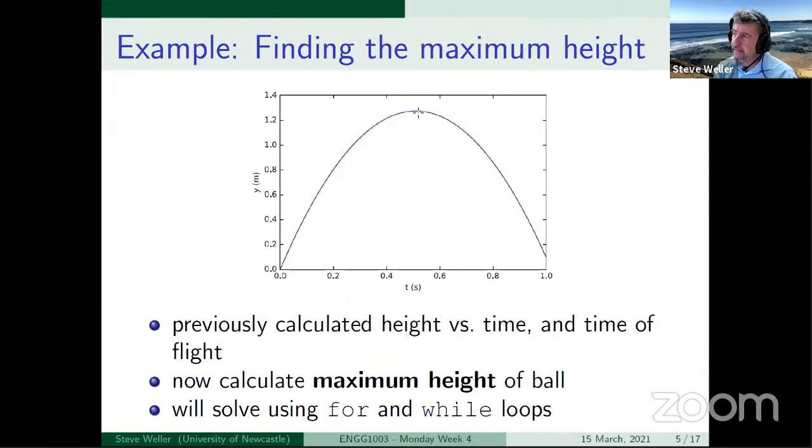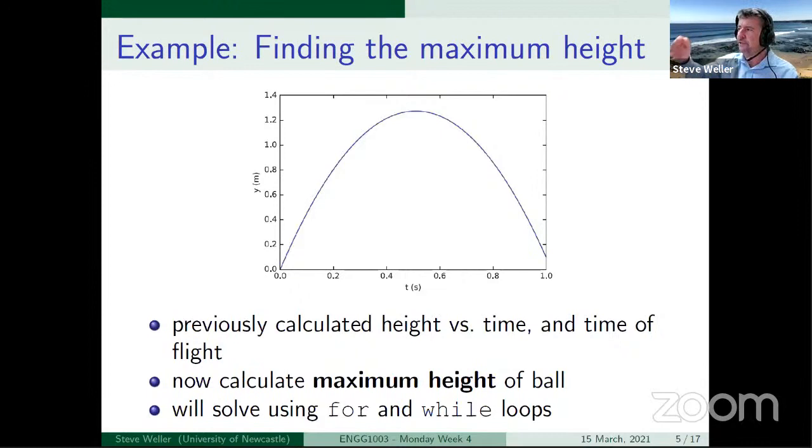Now, a point was made in the Discord chat this week that when we're computing the time of flight, we've got an equation for this curve, so why don't we just compute the time at which the curve intersects the ground, the horizontal axis, or the height y equals 0? And that's true for a case where we've got a very simplistic trajectory of the ball as a function of time.